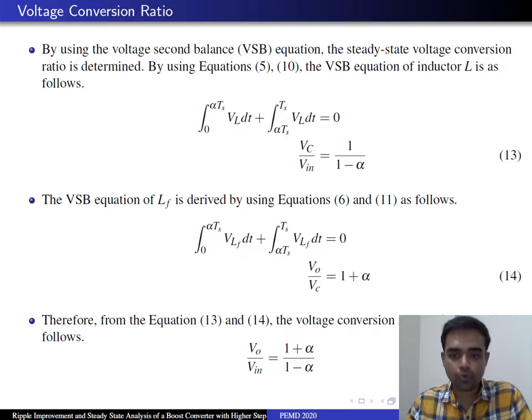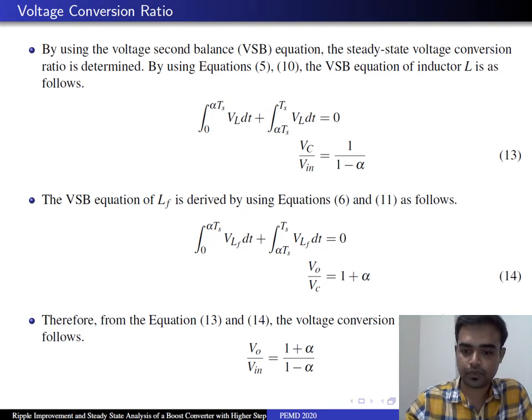Then both these equations 13 and 14 give us the voltage conversion ratio of the proposed converter, which is V0 by Vin equal to (1 plus alpha) by (1 minus alpha). You can see that an additional plus alpha term has appeared in the numerator of the voltage conversion ratio. That means our voltage conversion ratio is better than the conventional boost converter's conversion ratio, which is 1 by (1